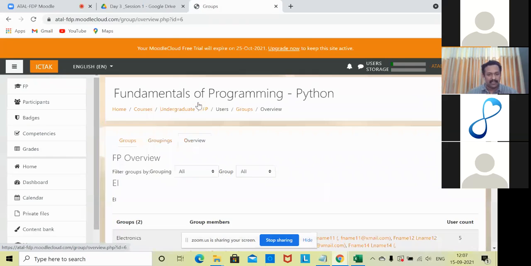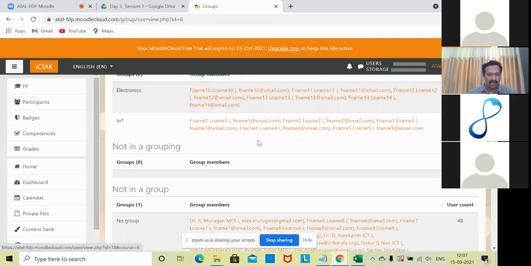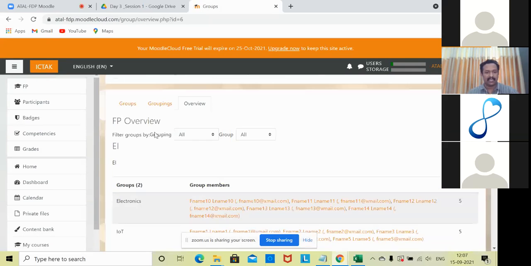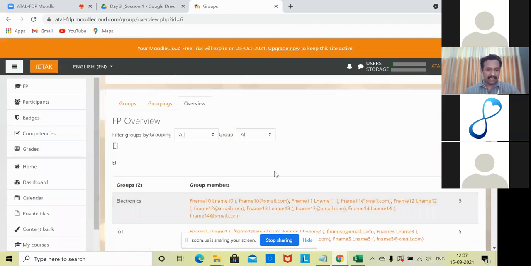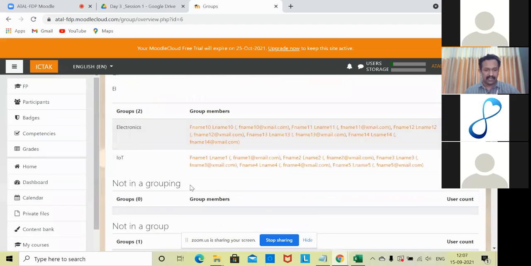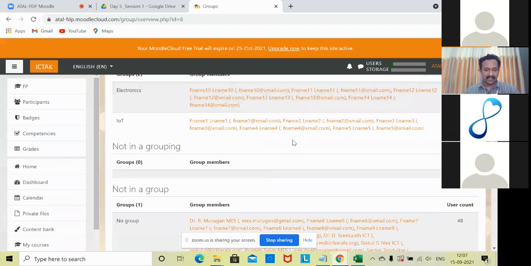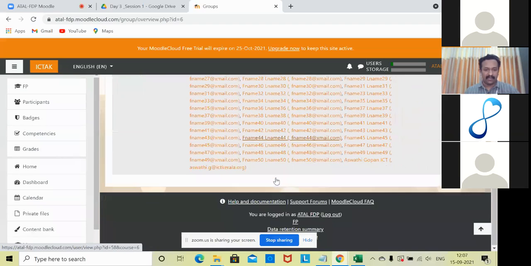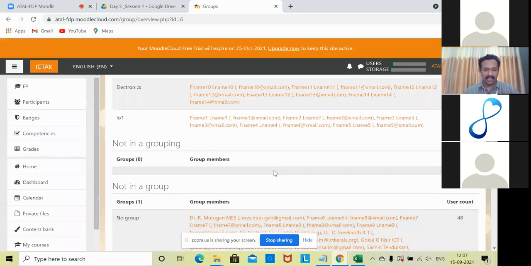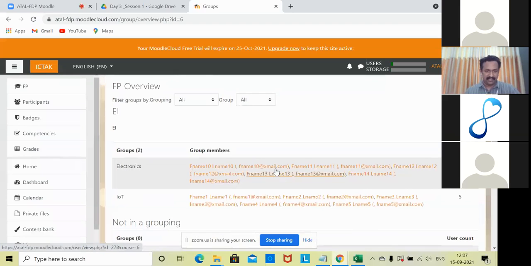You can also have an overview of what is happening in the groupings. You can see that there are two groups, and the group members' details are also here. Not in group: how many of them are not in a group? Many people are not in any of the groups. They are independent.